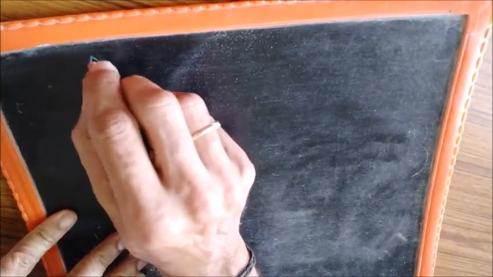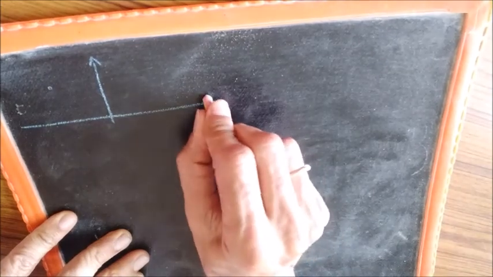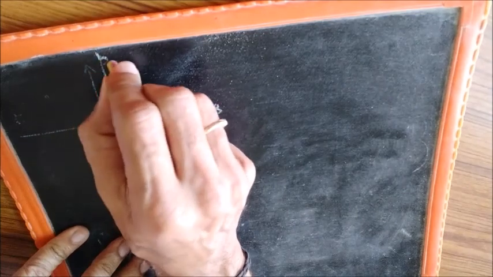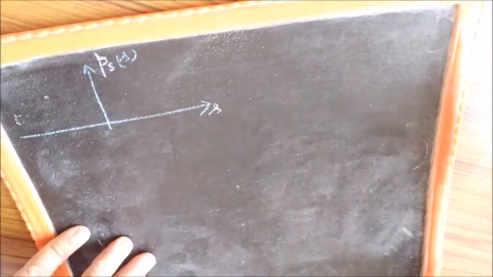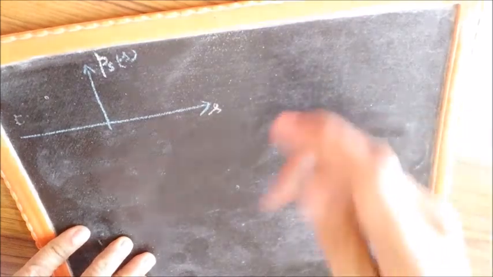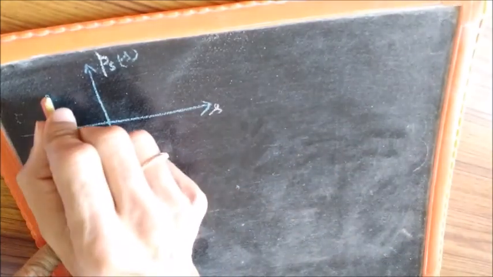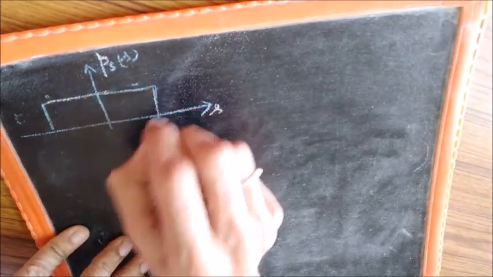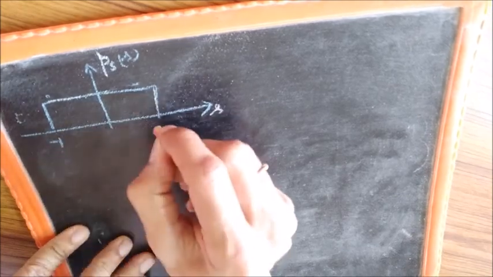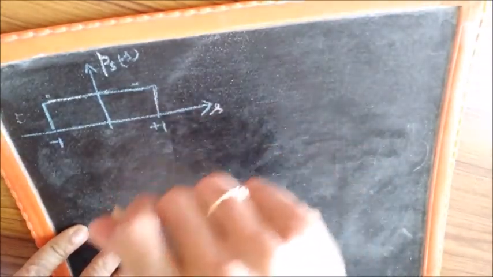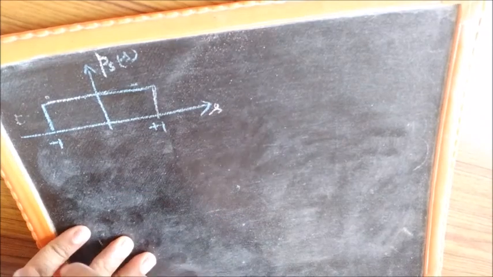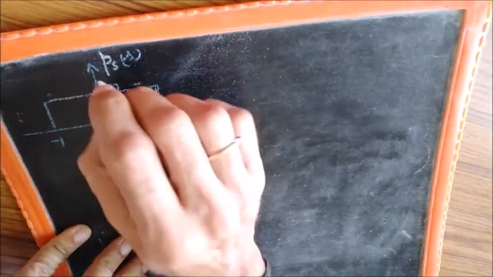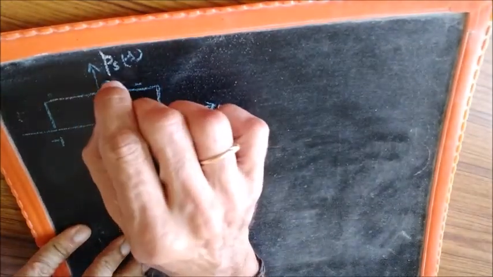And along with this, we are also told that S has a distribution like this. That is, when H1 is the true hypothesis, we get S plus N, in that the S random variable has a uniform distribution like this. It has a uniform distribution from -1 to +1, and as you know, the area under the density function has to be unity, which means that the height has to be 1 by 2. So maybe I write 0.5.